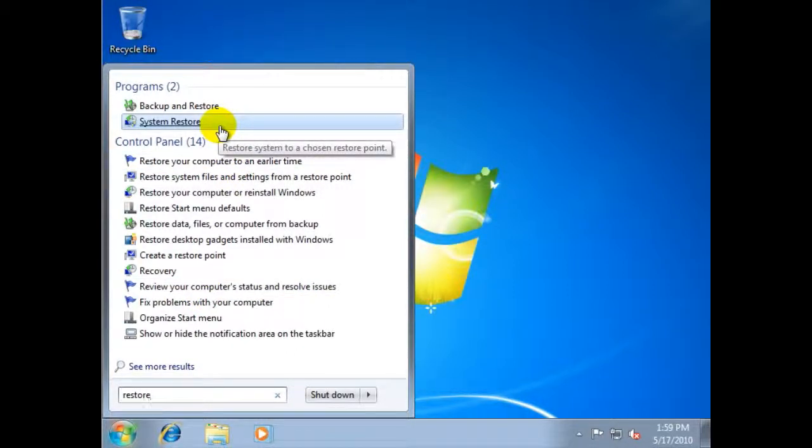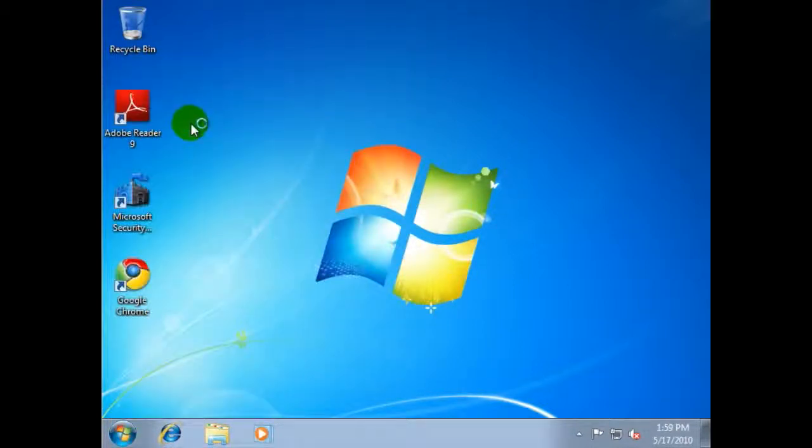If you're using Windows XP, you actually have to go to Start, Programs and Accessories, and you'll find System Restore there. If you are dealing with 2000, System Restore was not part of that. So System Restore works for XP and later. So all you do is you see System Restore, you click on the link,